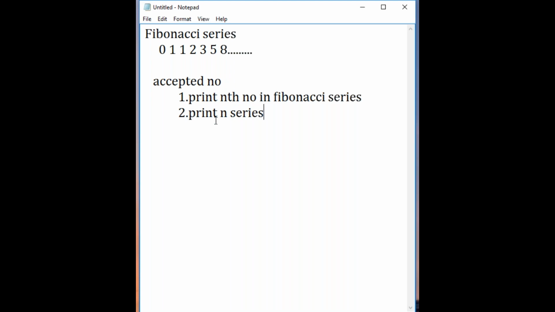So these are the types of questions they ask in Fibonacci series. They'll ask you to generate the n series. For example, if 5 is given, the first 5 numbers have to be generated, followed by the fifth number being displayed. And followed by it, you're supposed to display the number of digits in the nth position. So this could be a question.